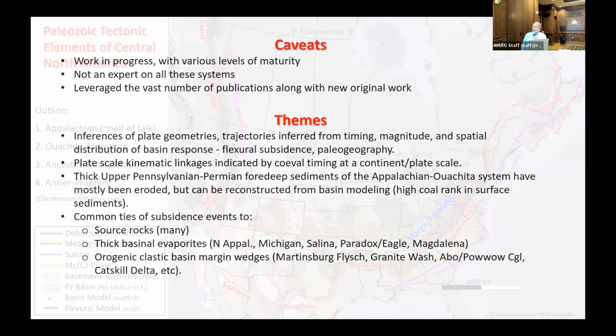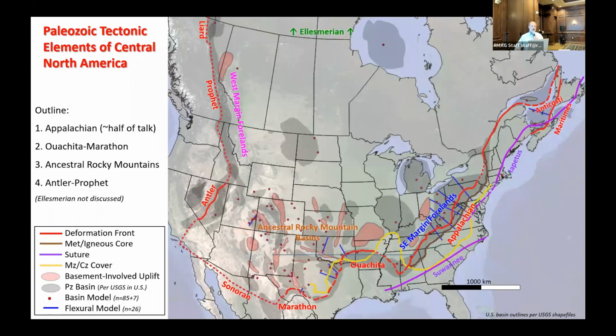So this is kind of the playground, if you will, largely focused on the lower 48, but we went up as far as the northern BC, the Liard, Hudson's Bay, and I'm not going to talk about the Maritimes or the Variscan system in Europe, which you've also tied in, but we're going to go through these four elements. About a little more than half the talk is on the Appalachian system here on the present-day eastern margin of